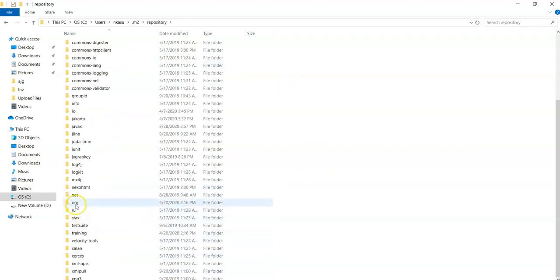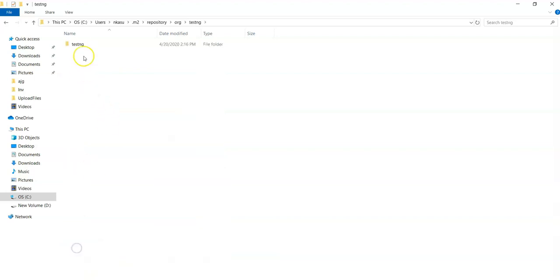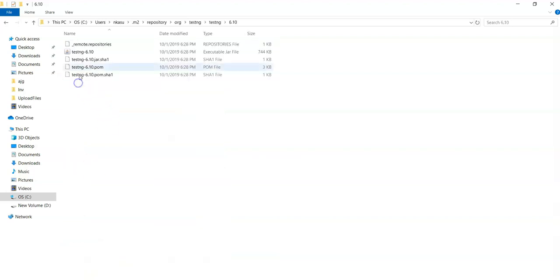Let's see org.testng. We have placed the 6.10 version in our pom.xml file. This is the jar file which got downloaded from the MVN repository.